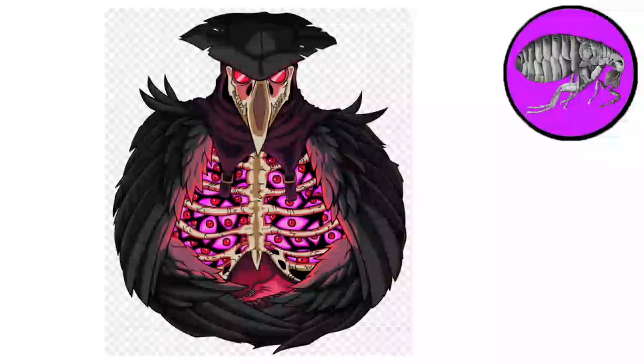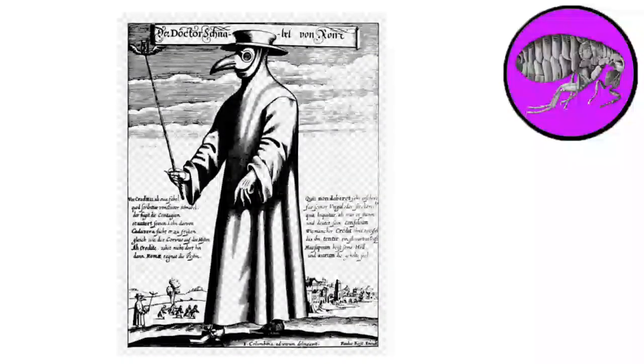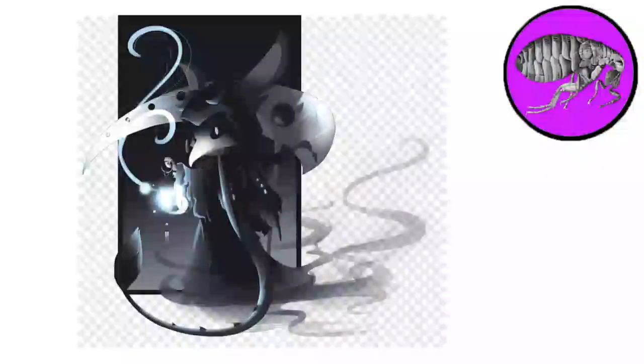Historical cases. The medieval plague that caused the Black Death was the most famous bubonic plague pandemic. This epidemic killed millions of people in medieval Europe, Asia, and Africa. Modern cases. Although bubonic plague has become rare in developed countries, it can still be present in some regions of the world. For example, in certain areas of Africa, Asia, and the Americas, cases of bubonic plague may occur from time to time. Cases in animals.